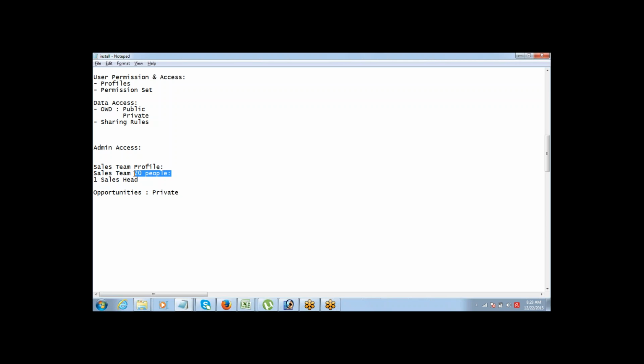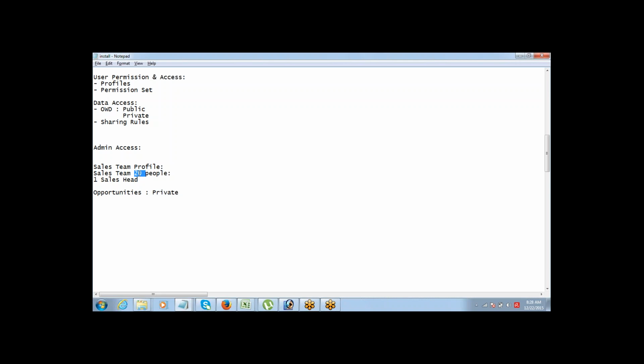So if two more people join the company, I'll still have access only to these 20 people because I've hard coded the things. I'll not have access to those two people. Again, the system administrator has to go and make changes in the sharing rule. Got it? For that reason, if someone needs access to all the data, give them a view all access rather than doing a sharing setting. Because with sharing setting, every time a new person joins the company we'll have to keep changing it. So definitely that's not the way to work.